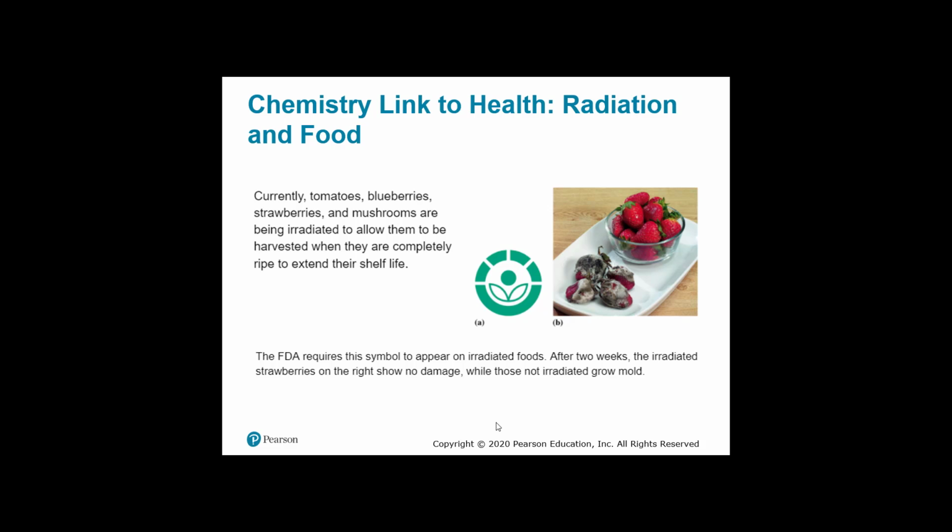So here's a picture. You can see, one, if it has had radiation on it, you might be panicking. This will have some sort of sticker to let you know that that's what's happened to it. And then B, here's a picture of one that's had a low dose of radiation and one that has not. So tomatoes, blueberries, strawberries, mushrooms, these have been allowed to be irradiated. And there's a sticker that requires a symbol on irradiated food. There's a 2 weeks difference in these strawberries. So that's something that I actually didn't know till I taught this